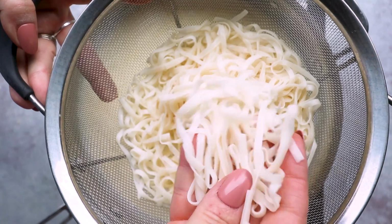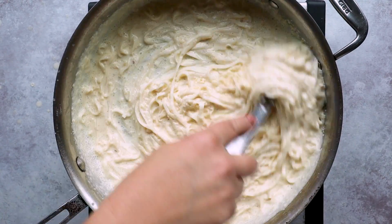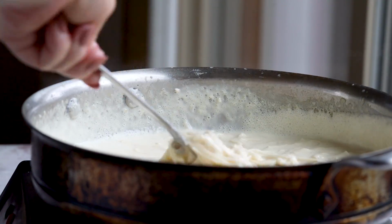And I'm using these noodles. These are healthy noodles. A bunch of you guys recommended them. You can get them from Costco. They are gluten-free and they're made from konjac plant and soybeans. So if you're soy-free, then these aren't noodles for you. You'd probably just have to use shirataki noodles, zucchini noodles, or hearts of palm noodles. But I actually really like these noodles. They don't have a rubbery texture, they have a neutral taste, and they actually look like fettuccine,